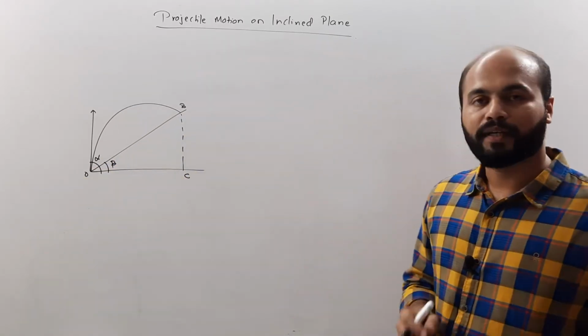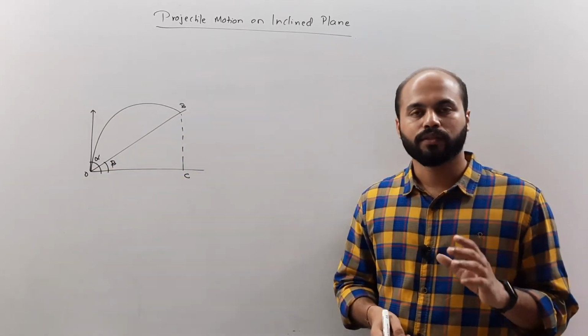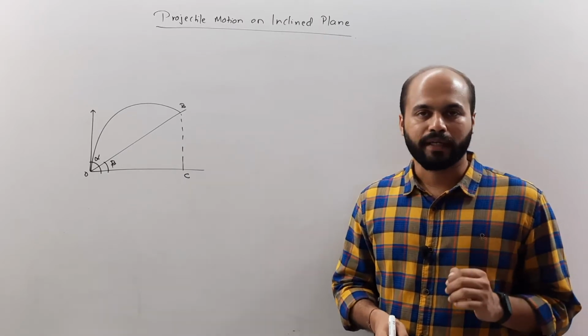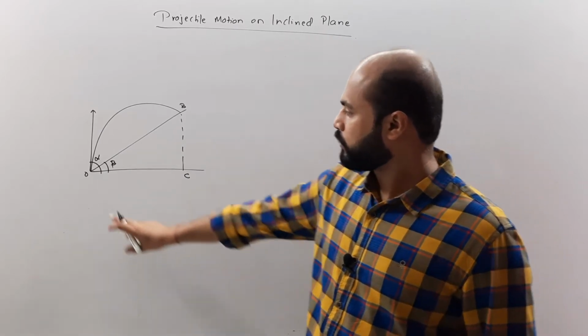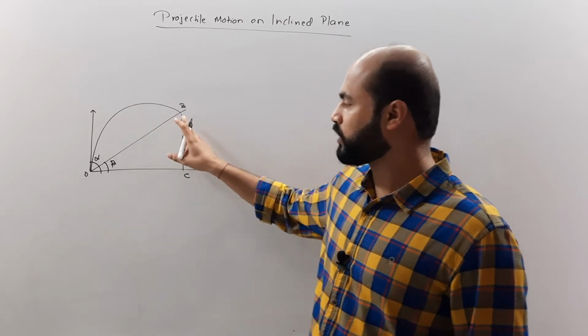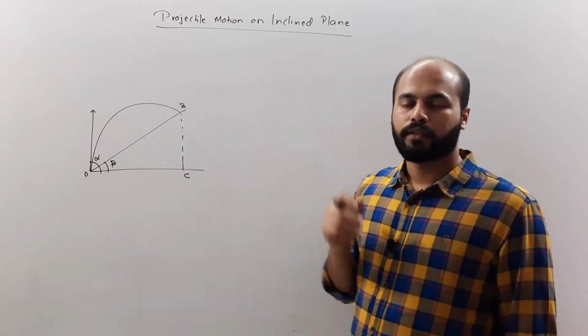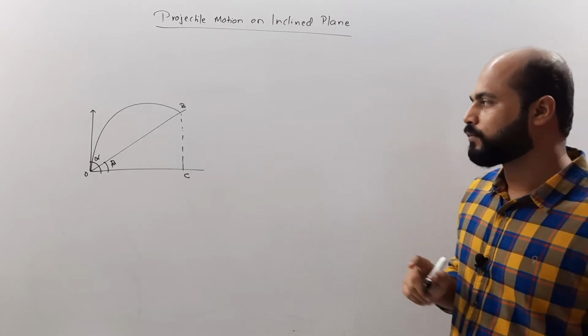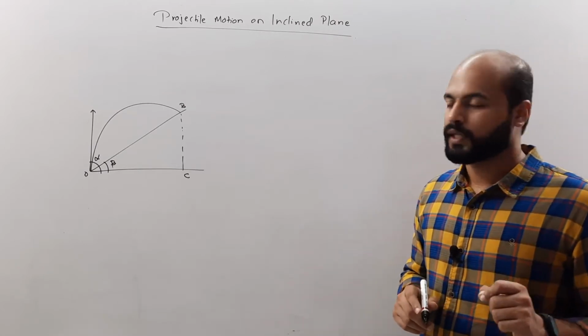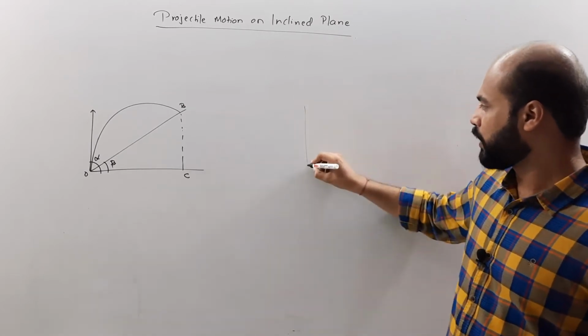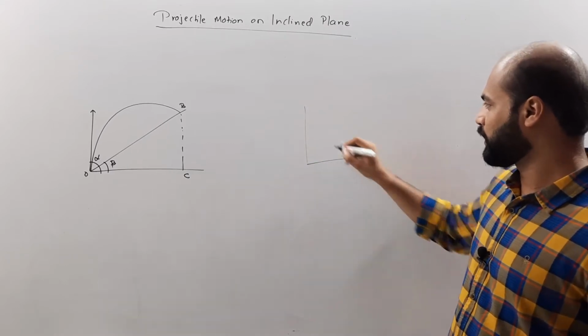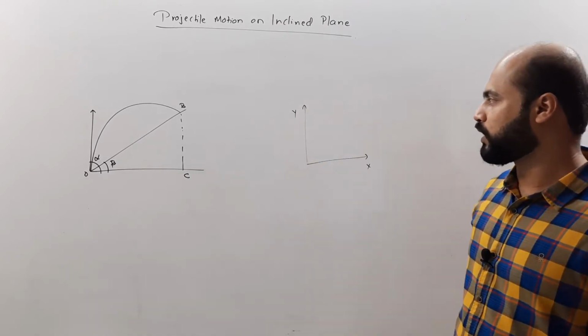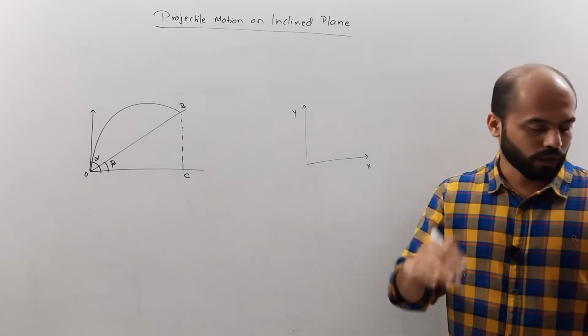The first thing that we did in the horizontal projectile was finding the time of flight. So here we need to find at what time it starts and then how much time it takes to reach point B. So that is what we are trying to find. And for that, I'll have to choose one reference system. Now earlier, this was our reference system. We were choosing this as X and we were definitely choosing this as Y because it was horizontal.